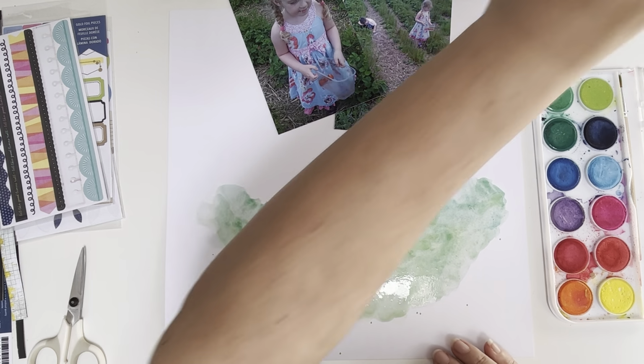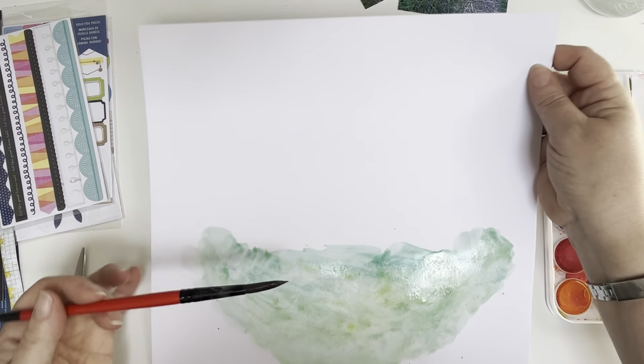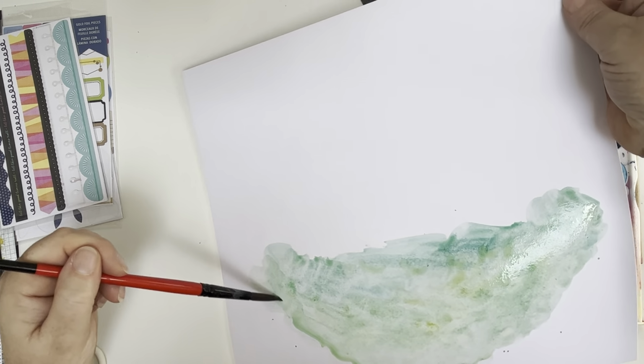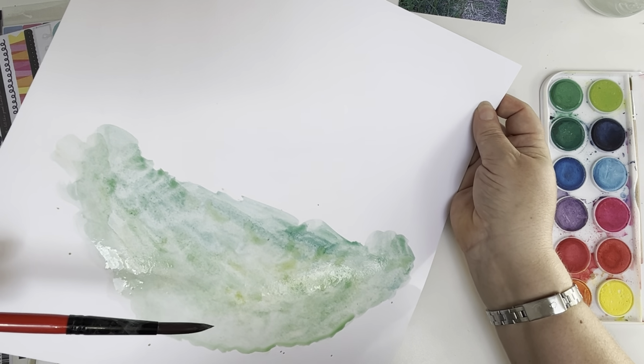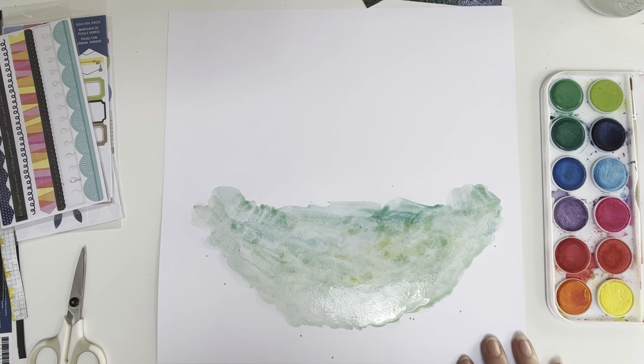And you'll see in a minute I tilt the cardstock just to get some more of the pigments towards the bottom. I like the look that creates when it dries. So it didn't take long, it's very hot at the moment, so